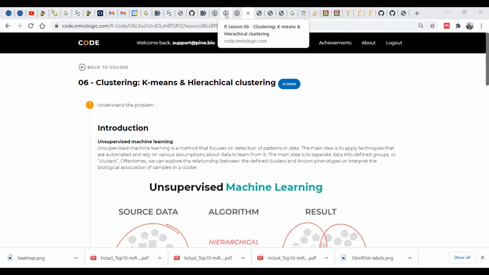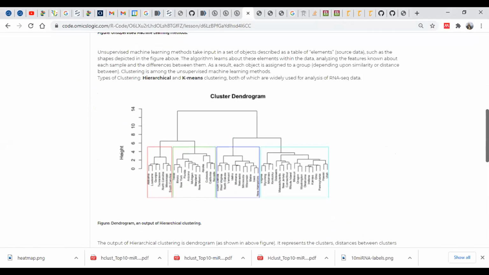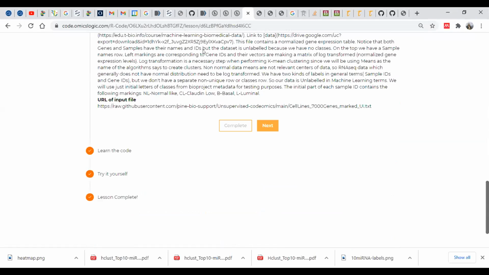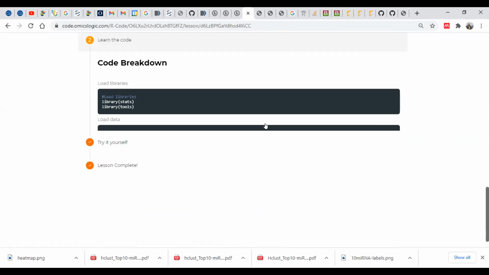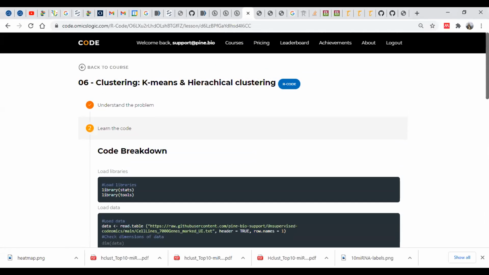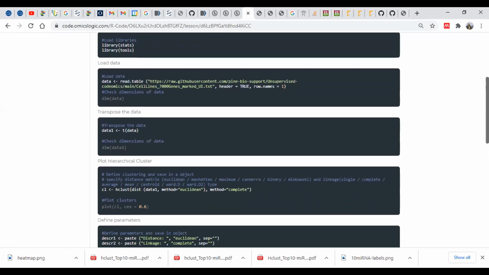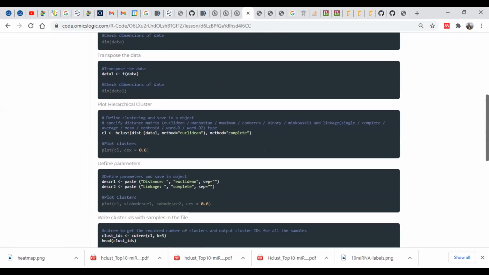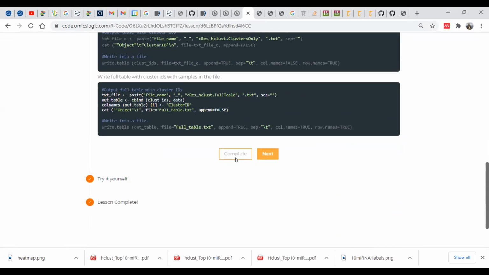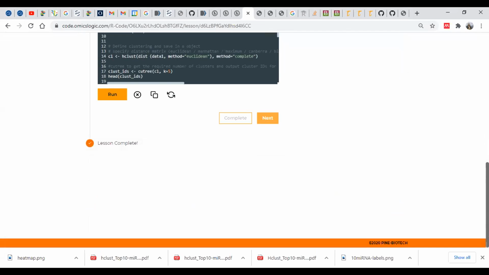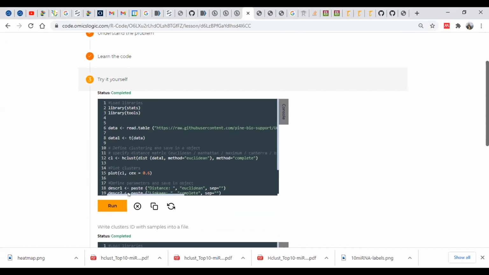First of all, let's take the same data set, only I have this transposed data here. So we can go step by step. The first part explains it. If you go to the next part, in the code breakdown, you will learn exactly which function does what. Once you complete that, you will find one exercise here. So if you are able to run this code,